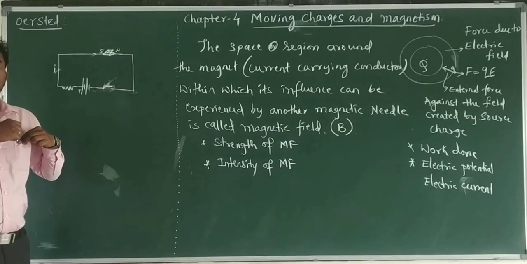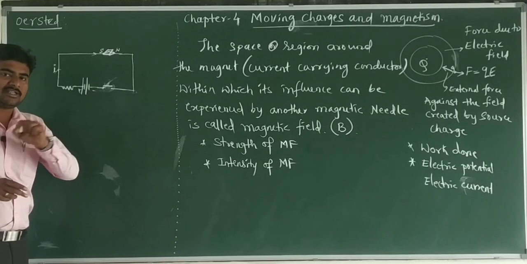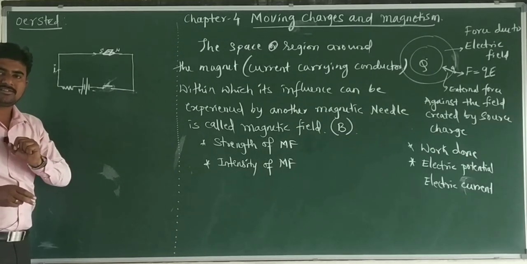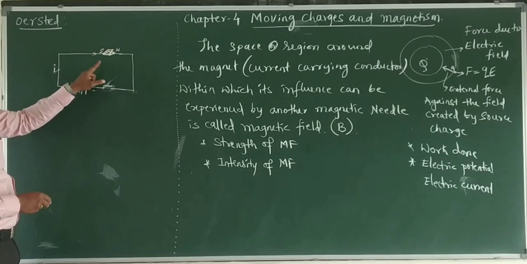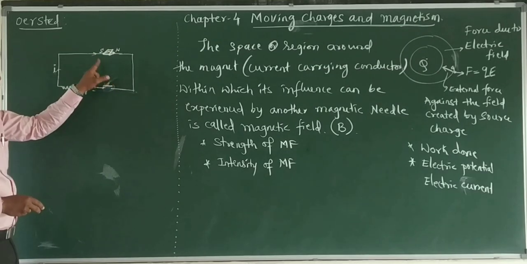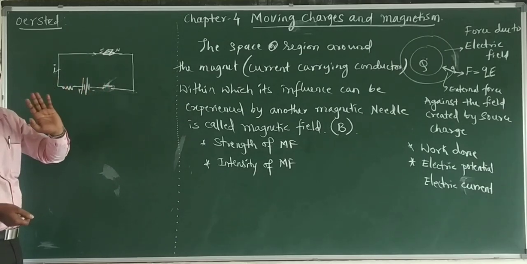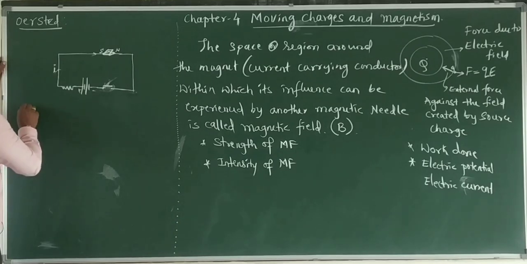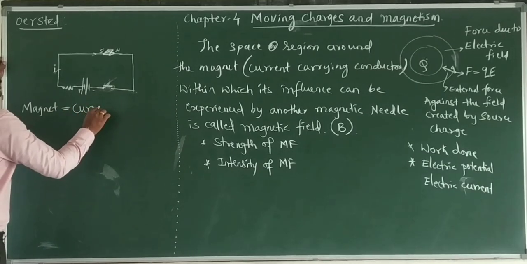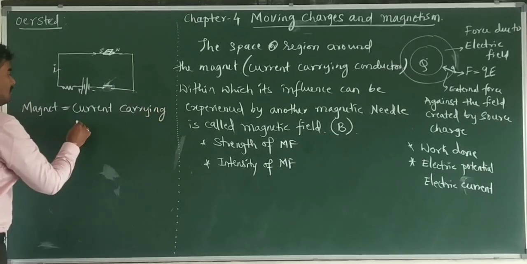Already I have told you, one magnet will apply force on another magnet, like a charge applies force on another charge, and a mass applies force on another mass. Similarly, a magnet has to apply force on another magnet. Oersted searched whether there was another magnet nearby, but there was no magnet. Then certainly this current carrying conductor itself is behaving like a magnet. So that was the whole conclusion: the current carrying conductor is a magnet.